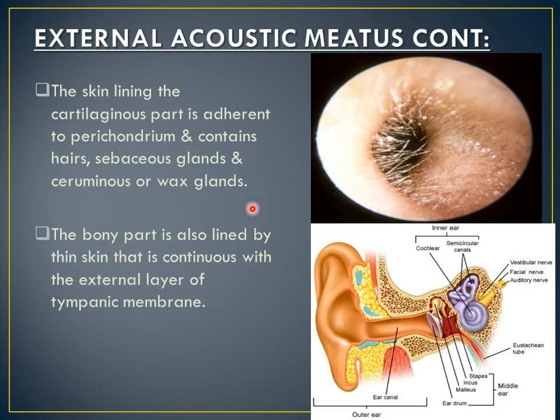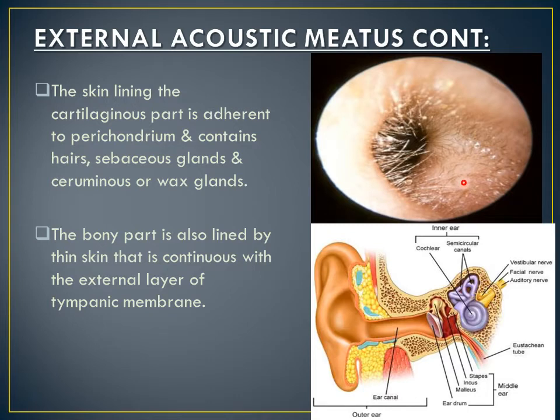The outer or cartilaginous part of the external auditory meatus is lined by the skin which is adherent to the perichondrium, and it contains the hairs, sebaceous glands and ceruminous or wax glands. So here you can see a very close view of the cartilaginous part of the external auditory meatus, and here you can see that it is lined by a skin which contains hairs along with the sebaceous and ceruminous glands